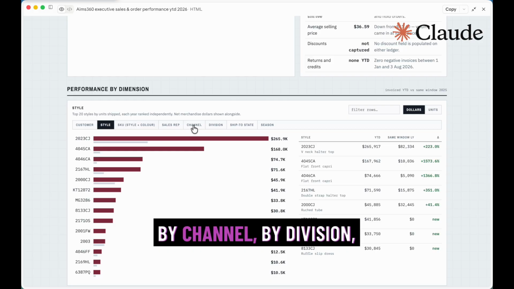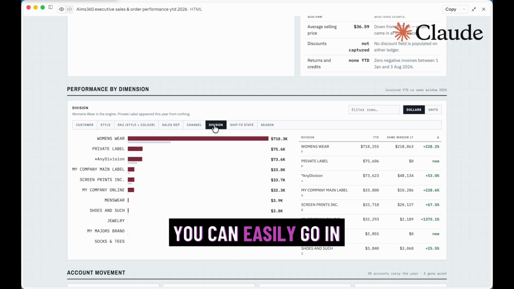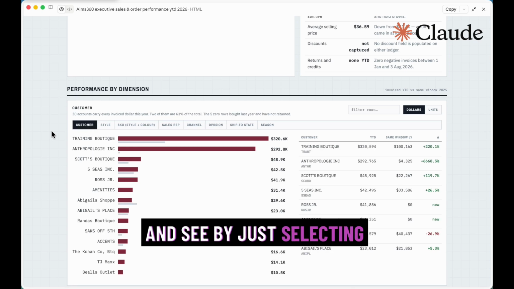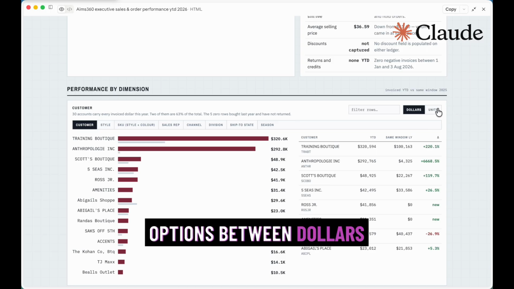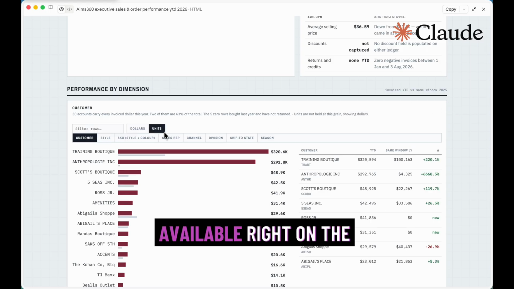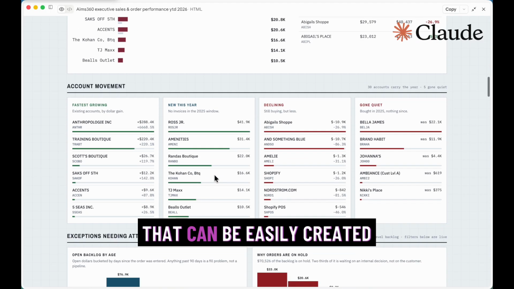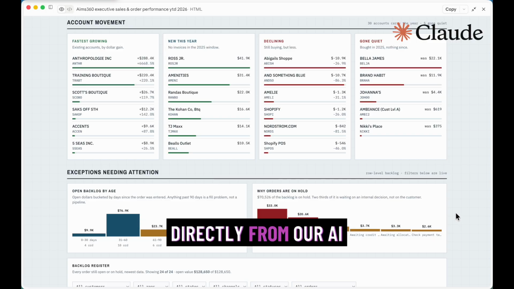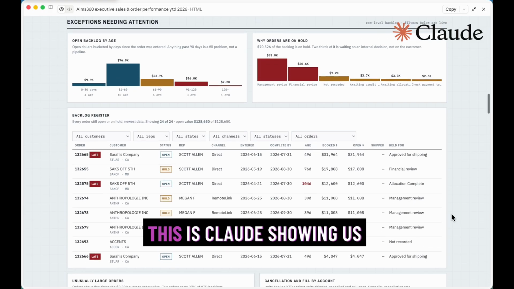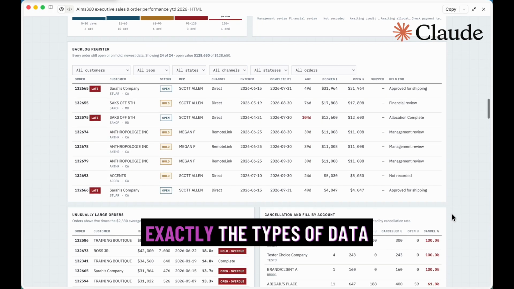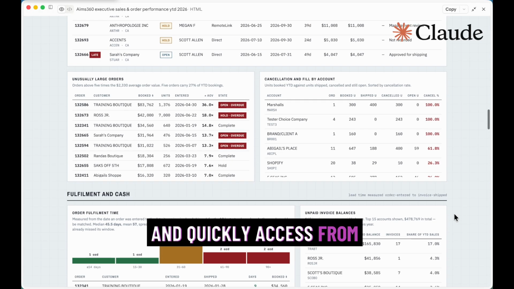By sales rep, by channel, by division, any of these things that you want to select, you can easily go in and see by just selecting this interactive dashboard option, right? And again, we even have options between dollars and units readily available right on the dashboard itself. So this is something that can be easily created directly from our AI integration to ChatGPT, or in this instance, this is Claude, showing us exactly the types of data that users can quickly create and quickly access from this